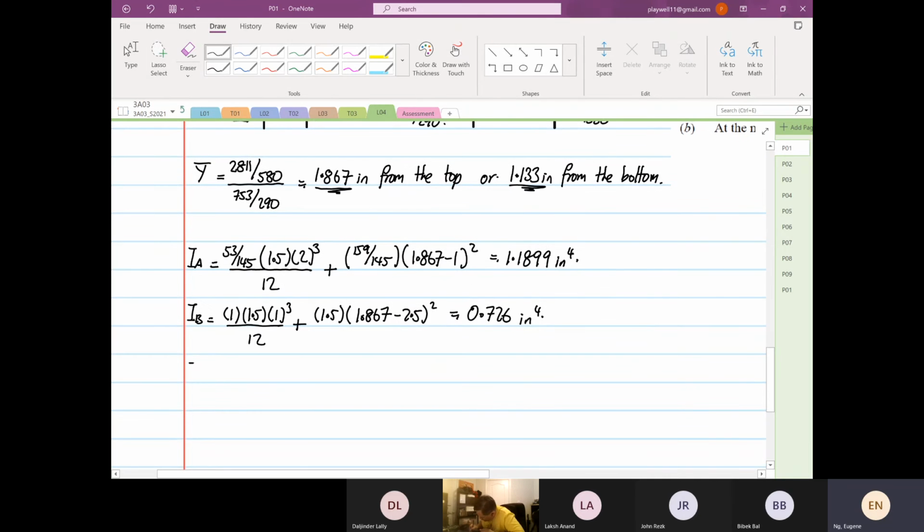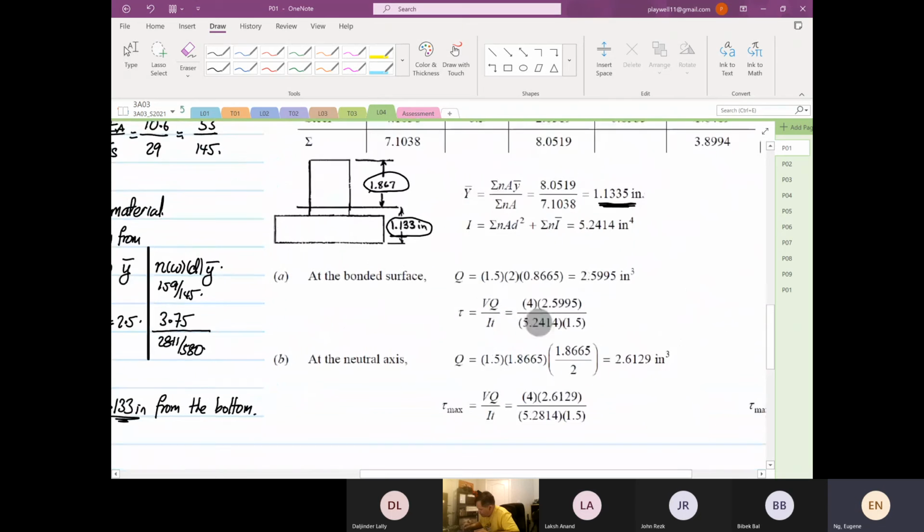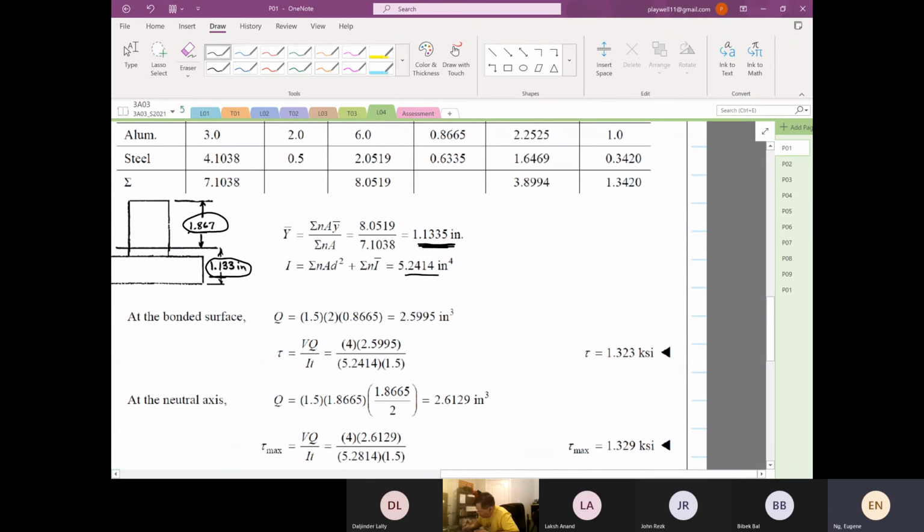So the IZZ we found is equal to 1.1899 plus 0.726, right? So 1.1899 plus 0.726, we got 1.9159 inches to the power 4. Okay, so when we look at the solution manual, the answer is not the same. The answer is 5 point